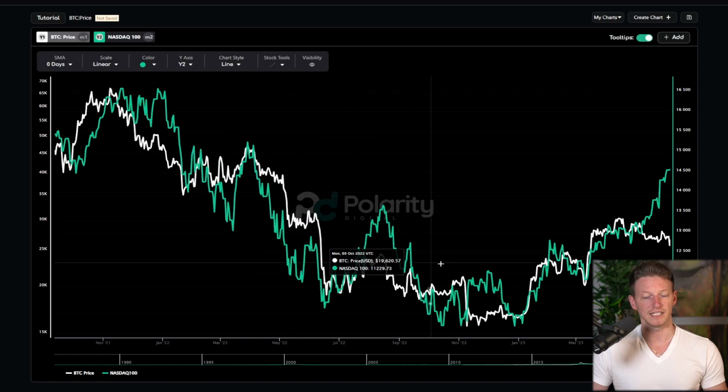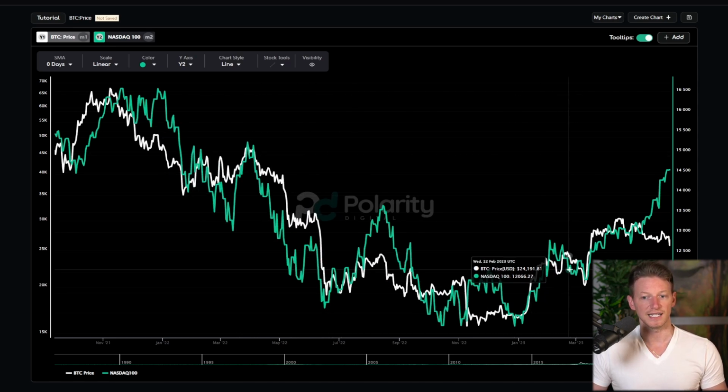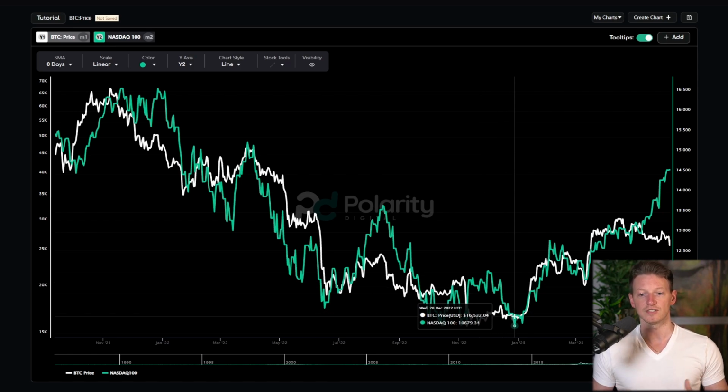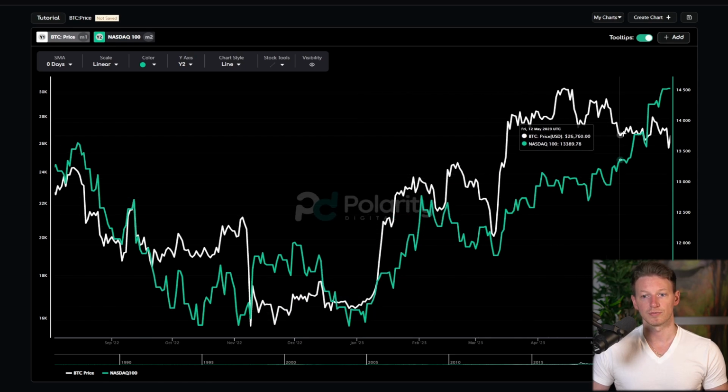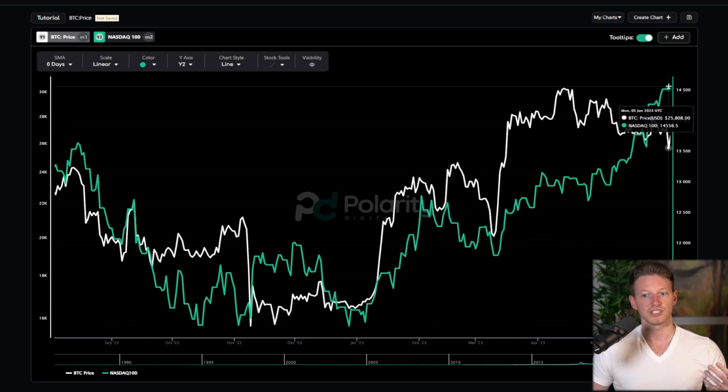So you have the NASDAQ here in green, and you'll notice that the NASDAQ has been performing exceedingly well. Right when we came to the end of 2022, the market has basically been rallying all through this year. So we're up here almost at 15K now. We're sitting at around 14.5 at the moment.